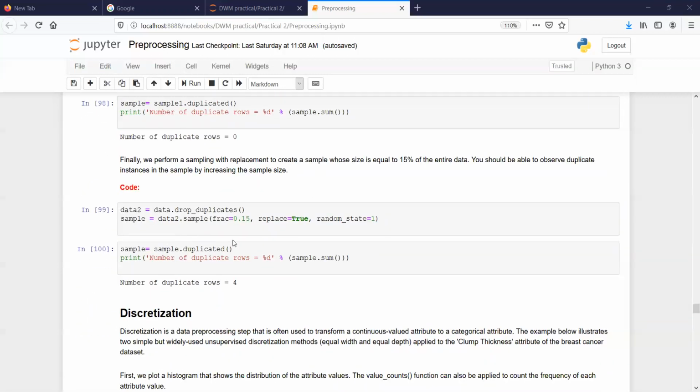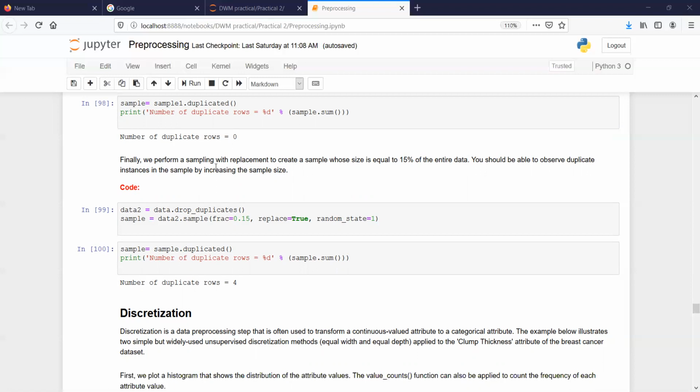Now in this function dot sample you can give an option like replace equal to true. What does replace equal to true do? Assume you have 100 data points. The first time, randomly you pick the 10th row. Then you put the 10th row back into your data, and next time you randomly pick, say, the 71st row.